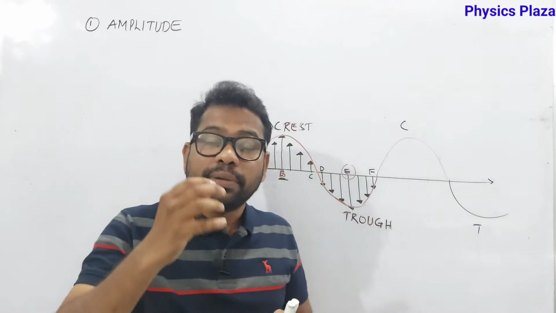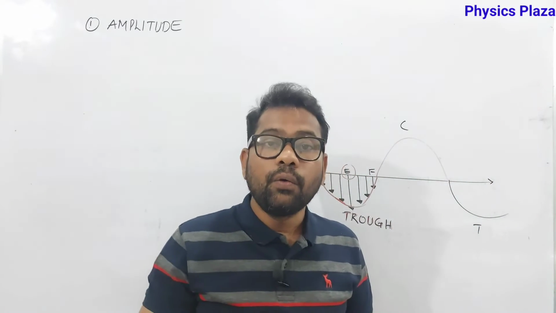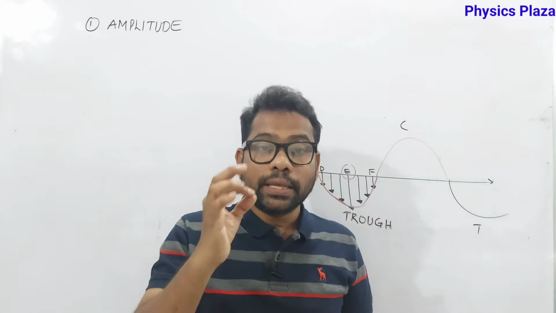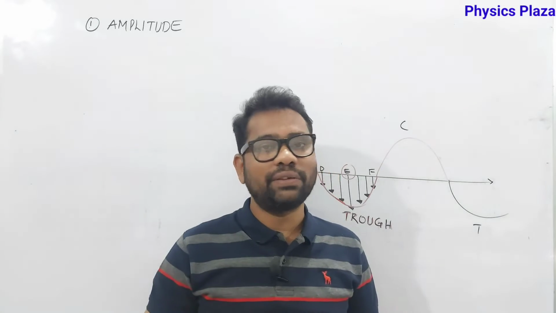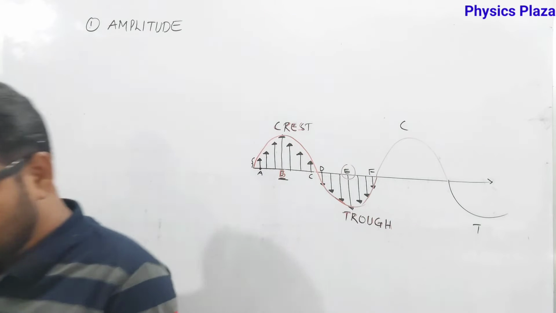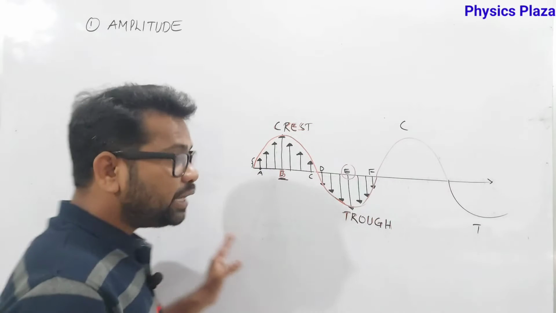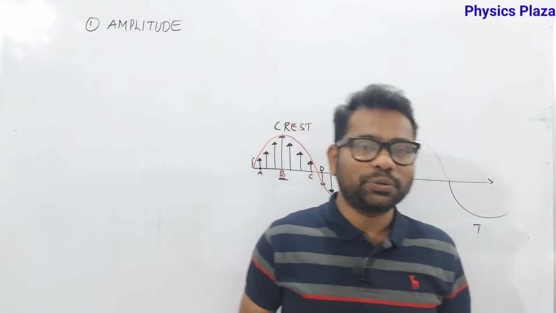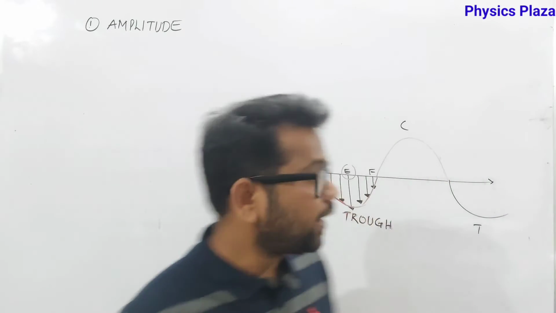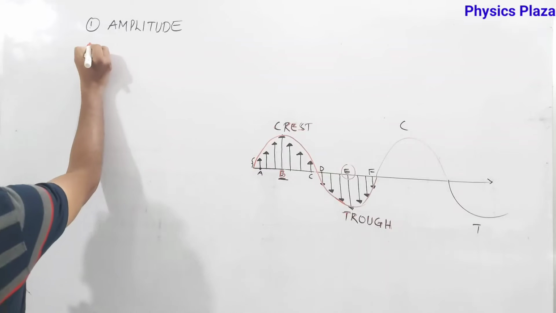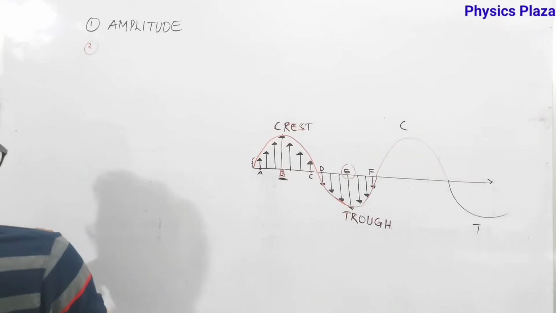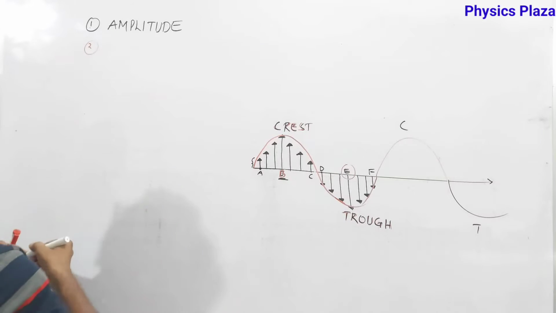The maximum displacement of the particle from its mean position is called amplitude. So it's very, very important. The maximum displacement of the particle from its mean position is called amplitude. Am I clear? Fine. So now, next, the important term. The next important term,